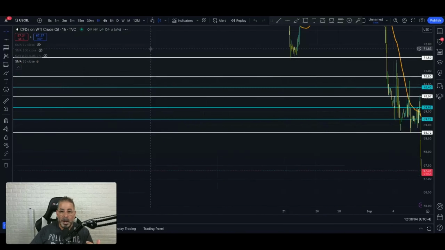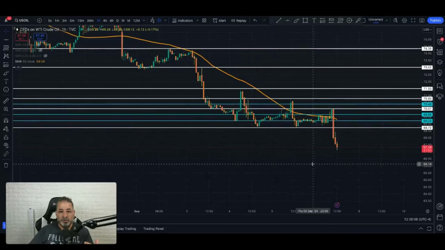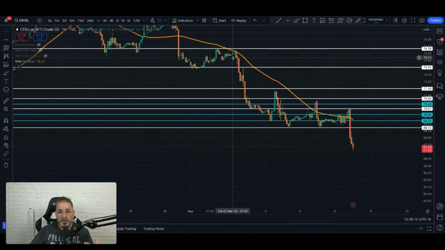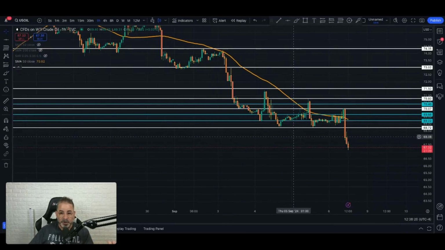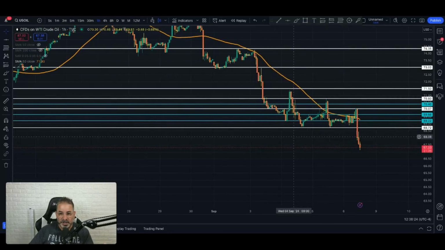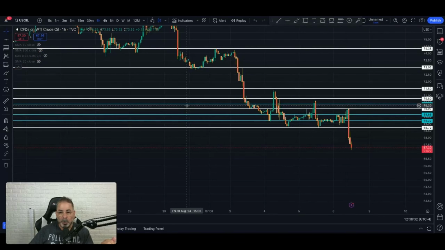The only reason why you put it on the 1 hour is if you need a visual to let you know that this entire time we've been trading under the 1 hour 50 MA, so you should only be looking for sells. First of all, we knew that because of the bigger time frame. But if you're going to scalp, you've got to be disciplined enough to say, I'm only going to sit on sell opportunities. Because after the 1 hour, in my opinion, this moving average really does nothing for you. You can almost hide it.